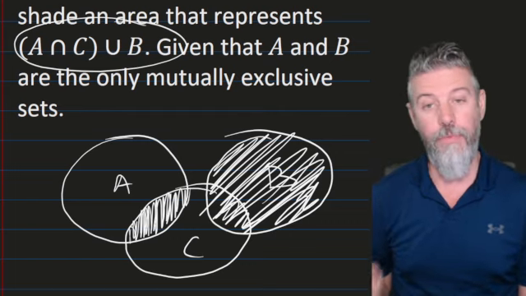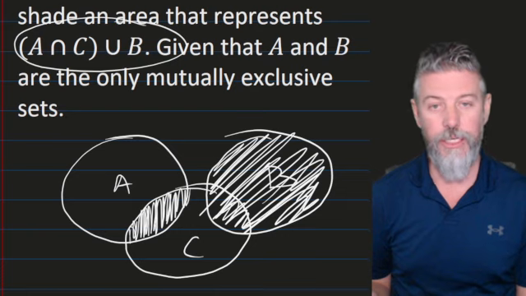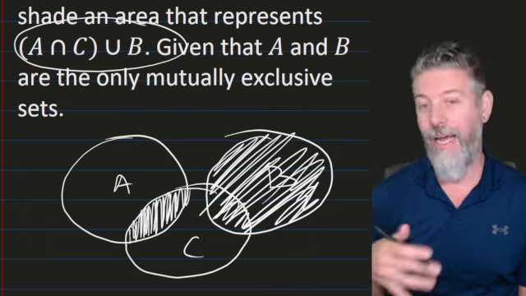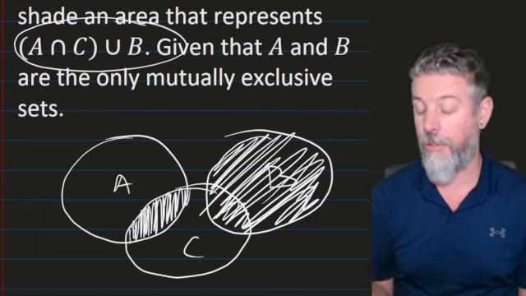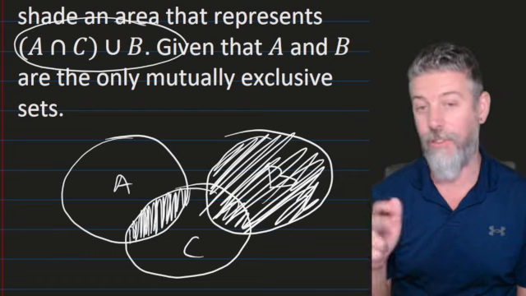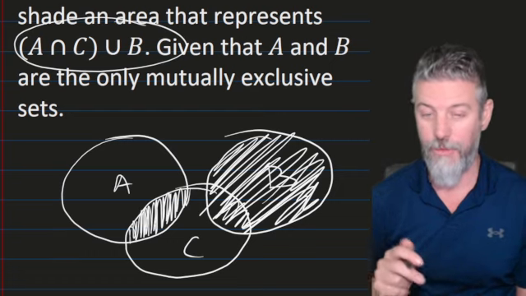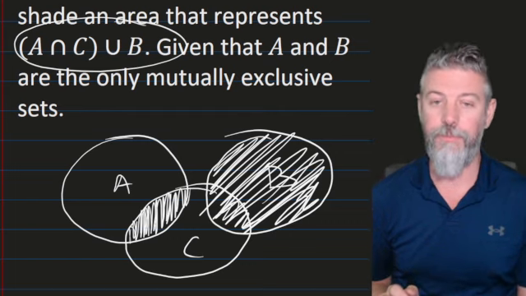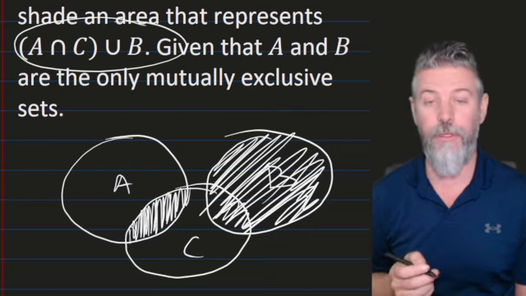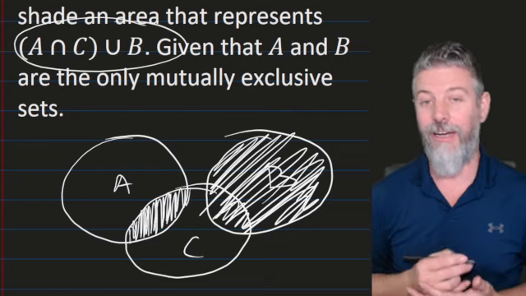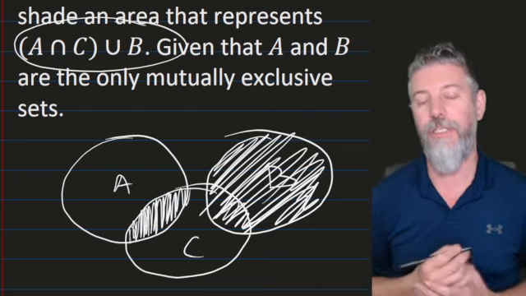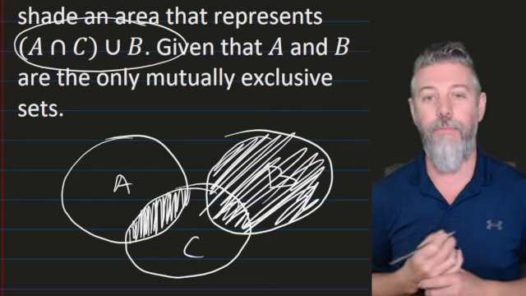And so there we have a shaded representation of A and C or B, where A and B are the only mutually exclusive sets because A and C are not mutually exclusive and B and C are not mutually exclusive. All right, so hopefully that covers off some language, some definitions, some diagram information, and really clears up the words